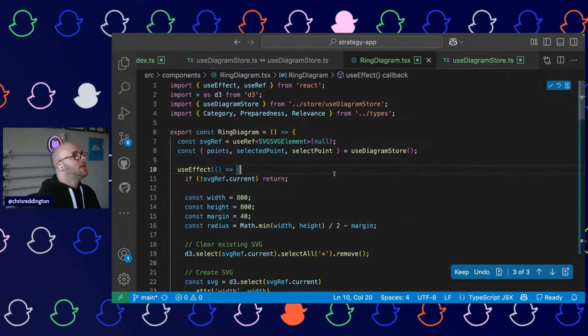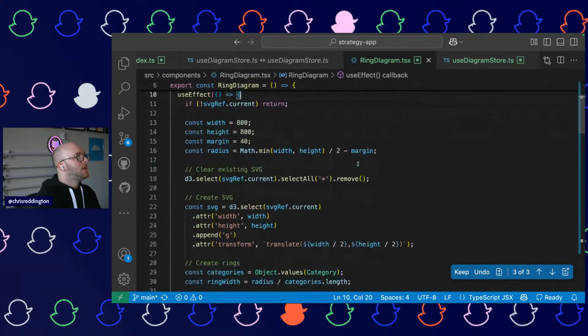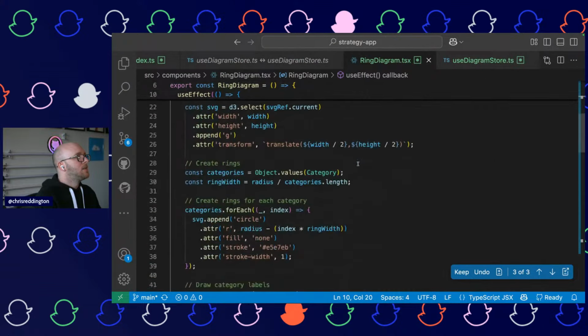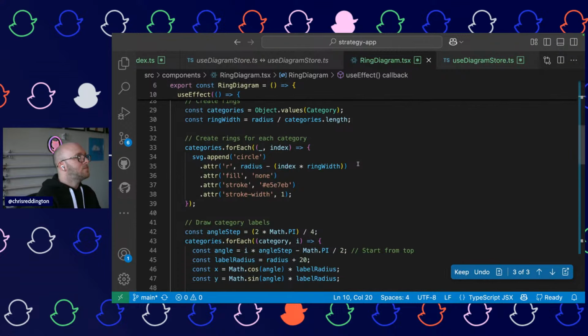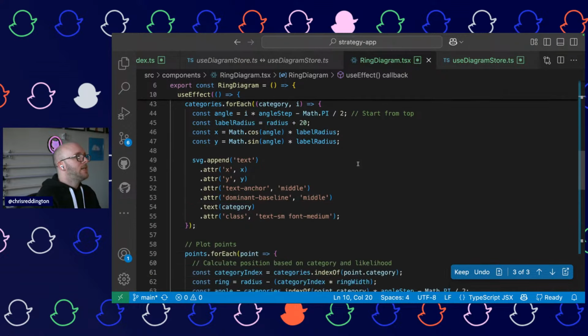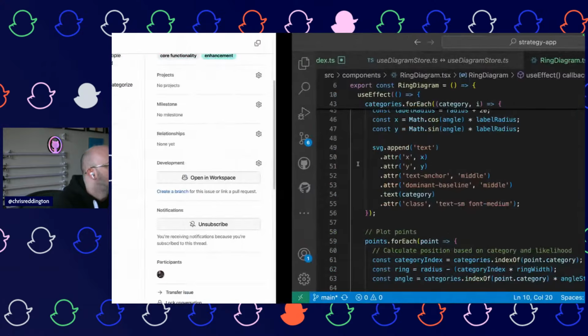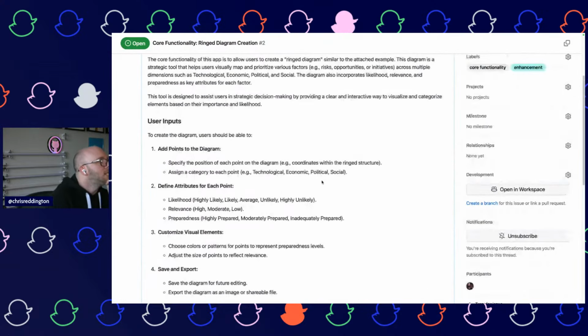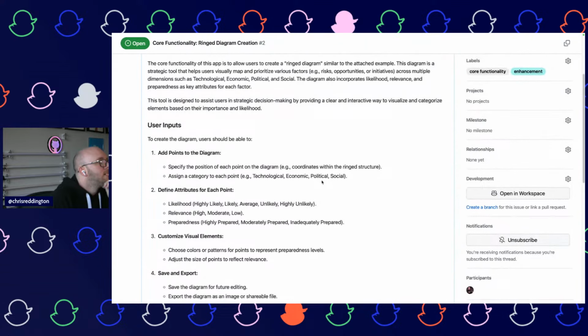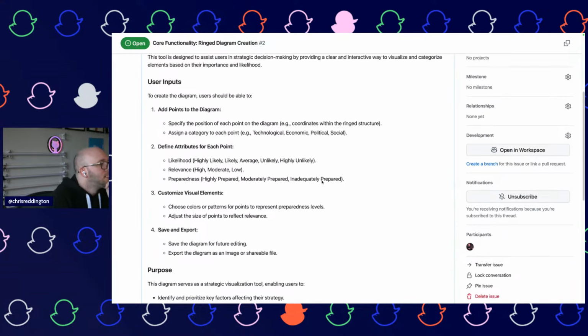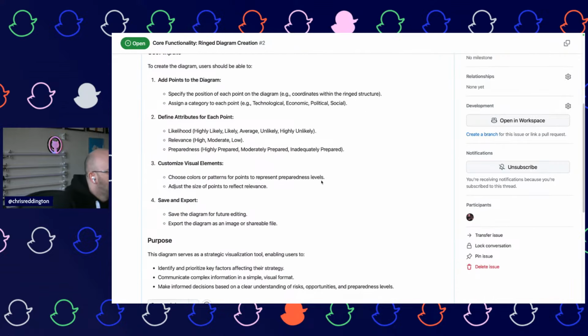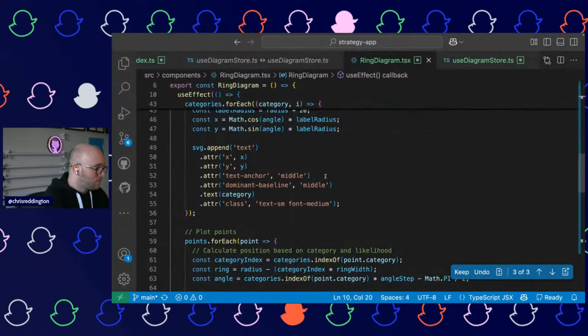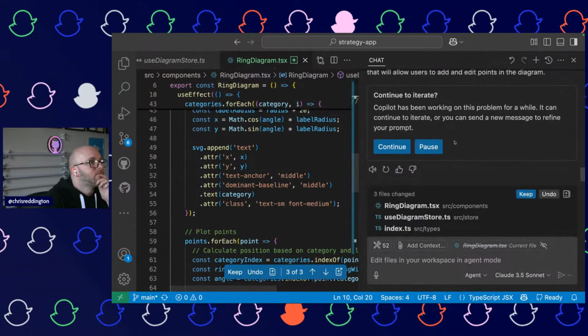Let's see. Oh, I didn't say anything, I think, in the requirements about how many rings there are or anything like that. Yeah, I didn't. So curious how that's going to be interpreted here.